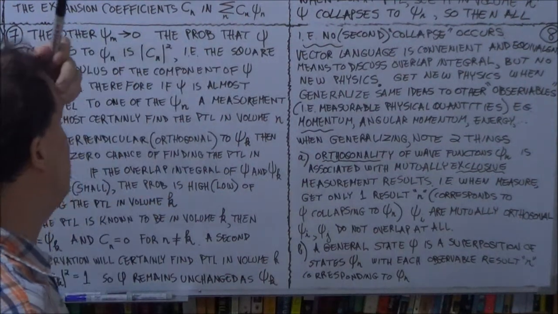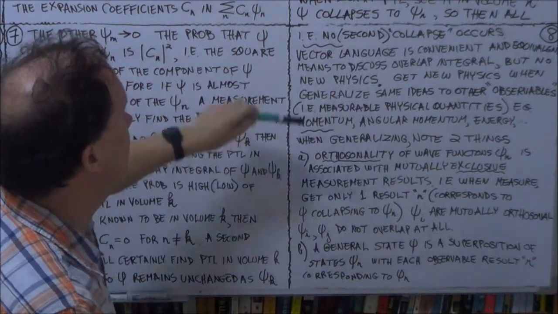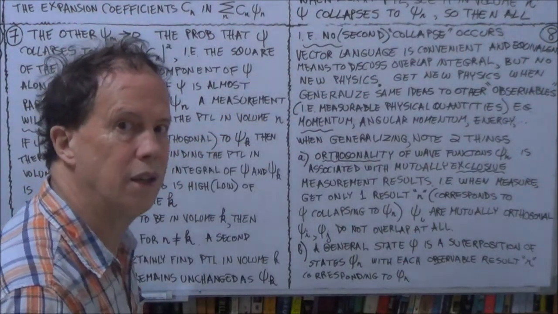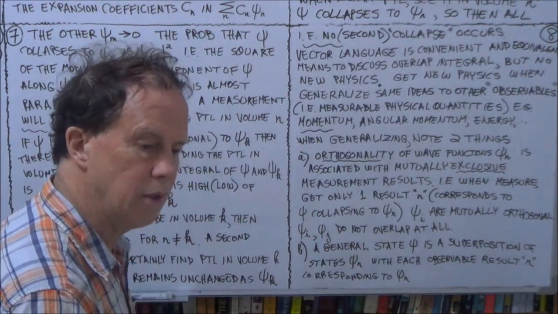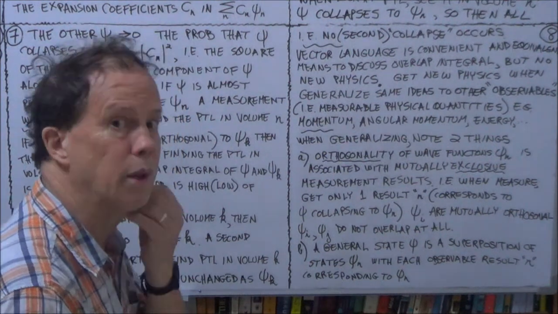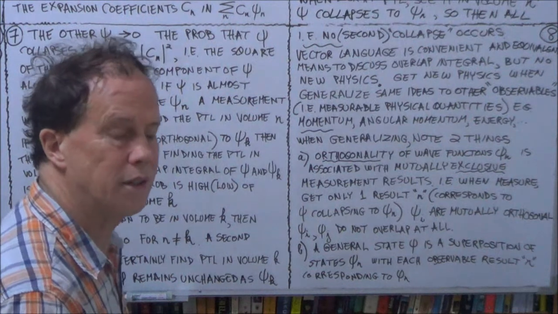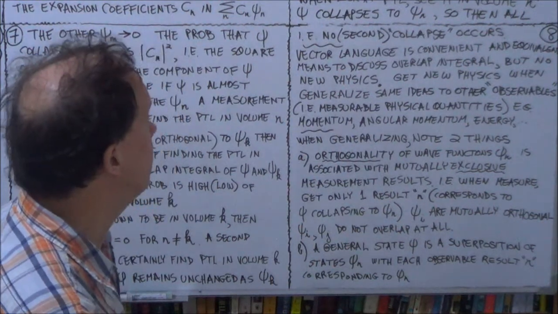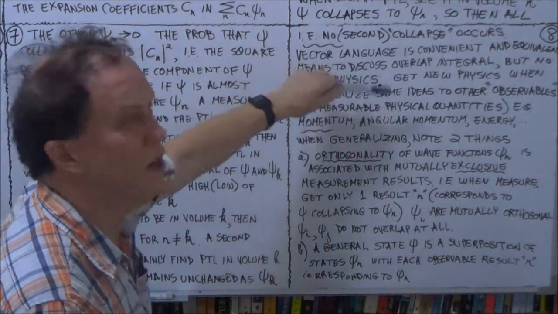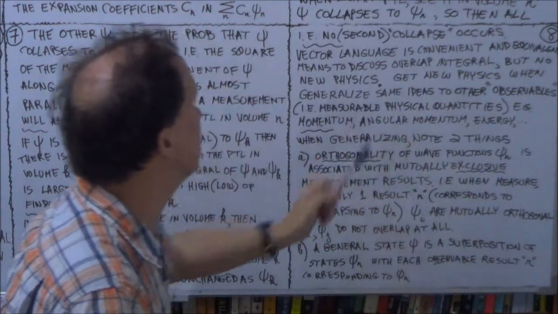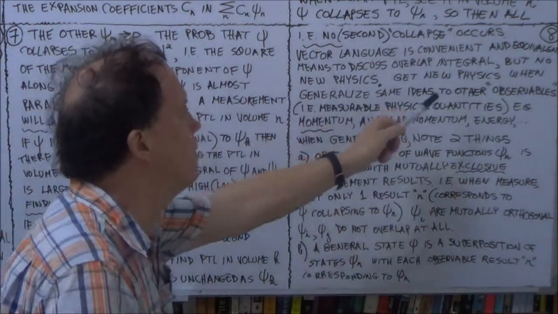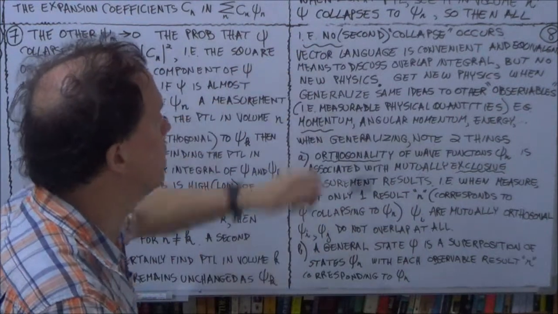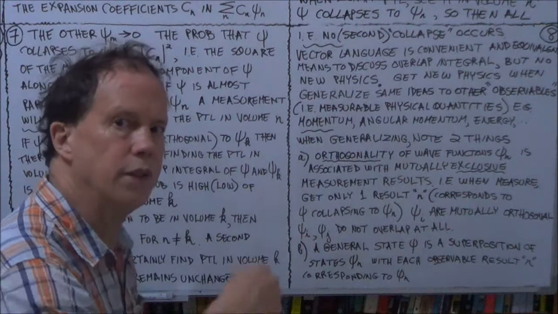All right. Okay. So we're talking a bit about the collapse. Now, this vector language, because we've been translating wave function type thinking, wave function language, into vector language using techniques from vector space theory, from pure mathematics, and finding it very convenient to translate the wave function way of thinking into vectors, right? But it's just a rewriting technique. There's no new physics. But when we start generalizing, we're talking about measurement of position, effectively. You know, is the electron here or here? But the ideas that we've been developing now, we can take over for other